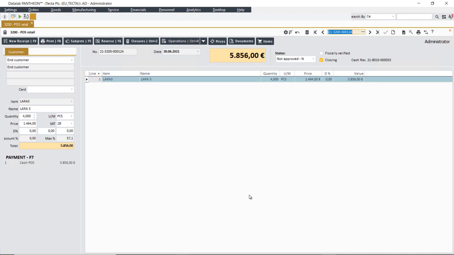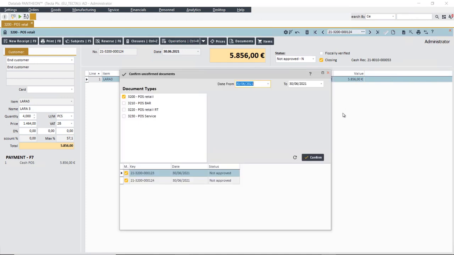You want to change the status on a selected POS document from unconfirmed to confirmed. To do this, you can use the wizard, Confirm Unconfirmed documents. The program will open a form, where you can select all document types, and the period in which the wizard